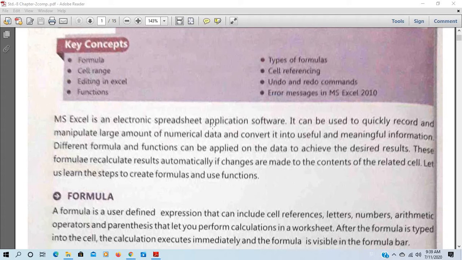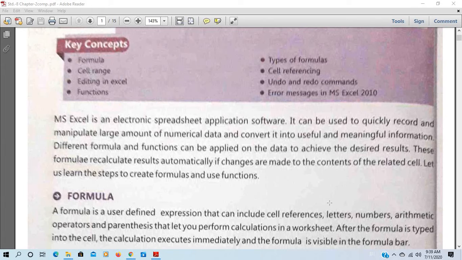Here what is written: MS Excel is an electronic spreadsheet application software. It can be used to quickly record and manipulate large amount of numerical data and convert it into useful meaningful information. So for definition you can write what is an MS Excel.